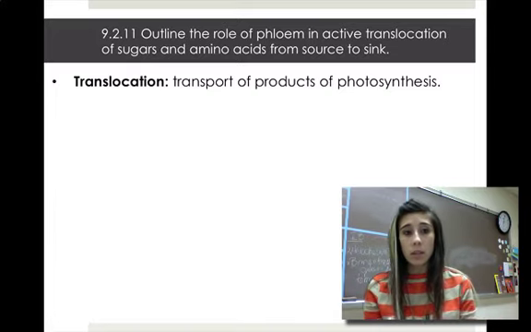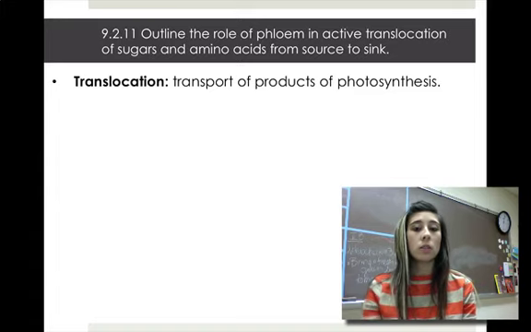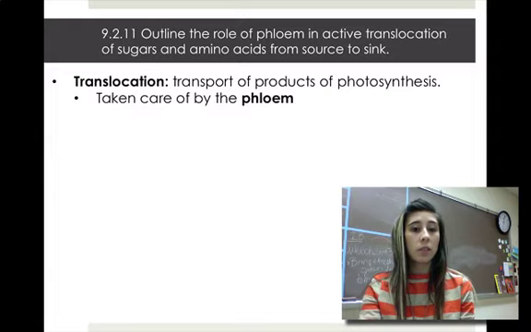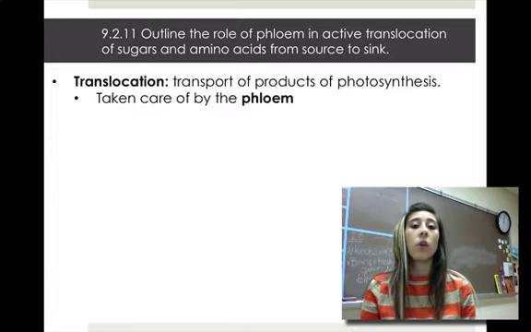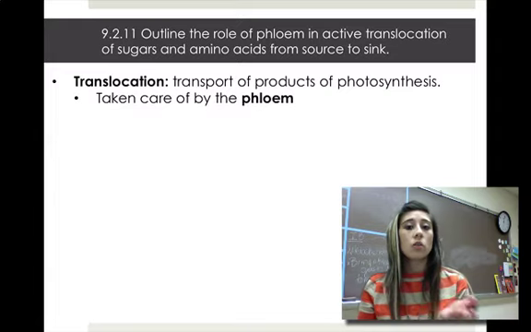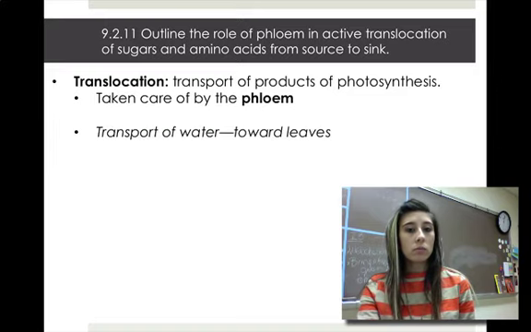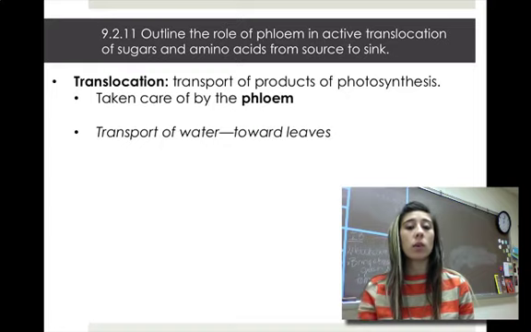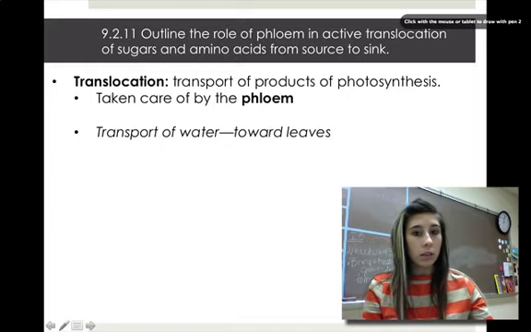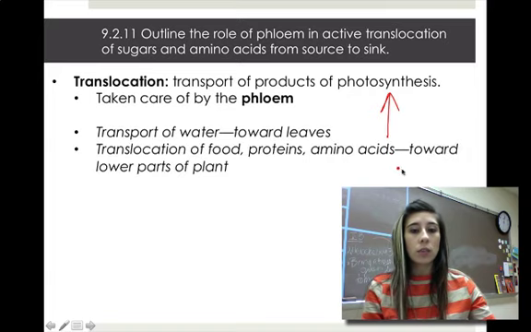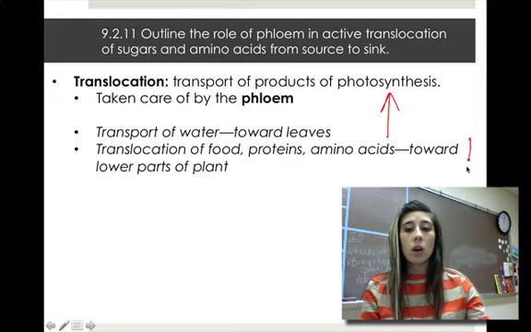Mainly looking at sugar, right? The transport of sugar, and this is taken care of by the phloem. When we studied the xylem and the phloem, we talked a lot about how the xylem transported water, but the phloem is transporting food, and ultimately we are looking at sugar. Now, transport of water is going to take place toward the leaves, basically going up. And the translocation of food, proteins, and we will see amino acids get translocated, will go down toward lower parts of the plant. It could go down to the root, it could go down to other cells in storage, but it's going away